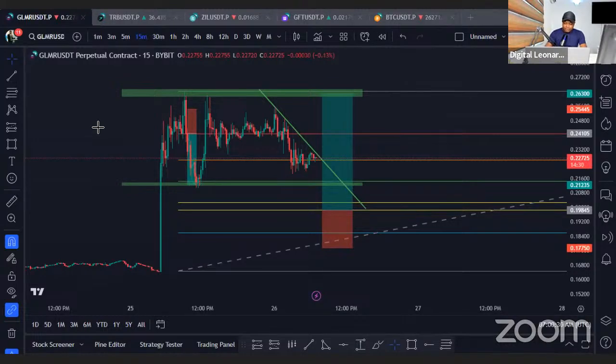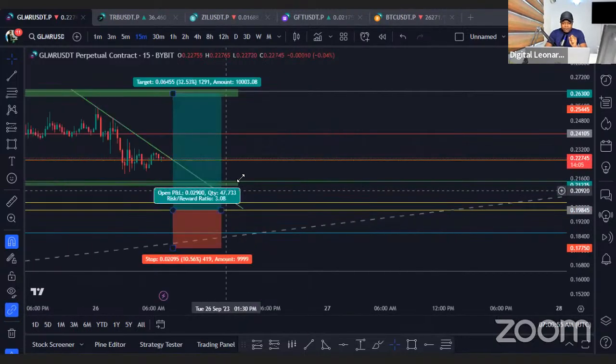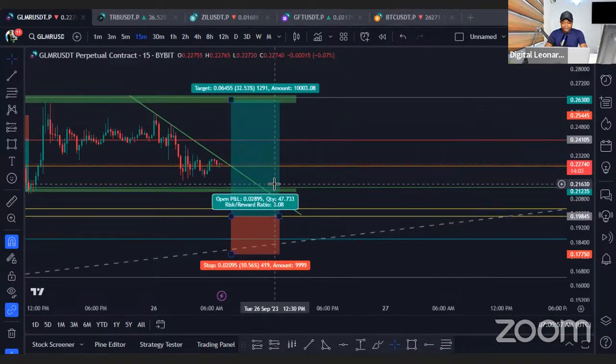So I have a new setup for this particular token. Let's see how that will play out. This was what we looked at yesterday, and this actually played out. Actually, I was looking at it coming down to around that 18-cent level or thereabout, but it didn't work out. Okay, so the new setup I have right now for this token is